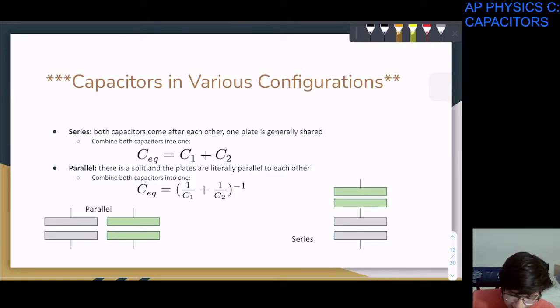Now, the way that we can solve this is that in series, it turns out that the equivalent capacitance is just the sum of the capacitance of the two plates. And for parallel,